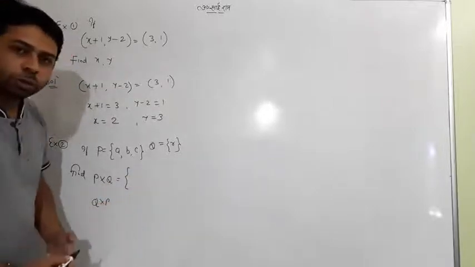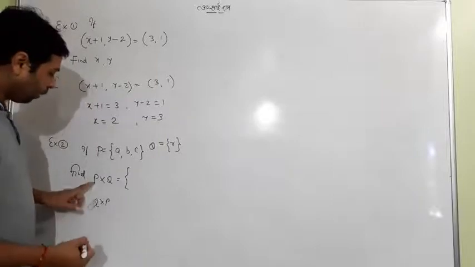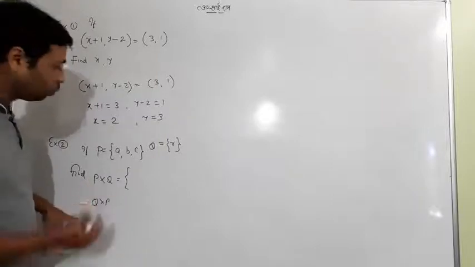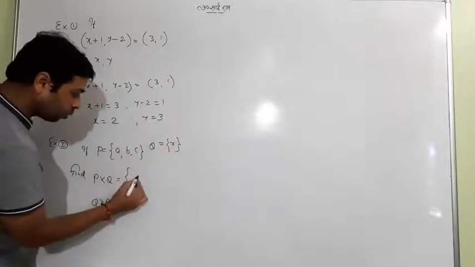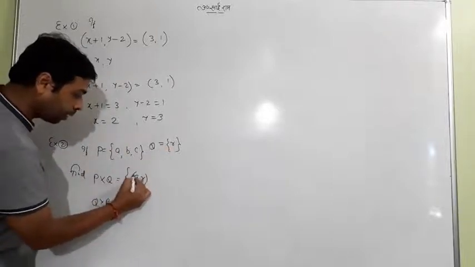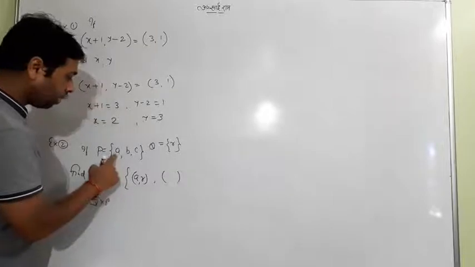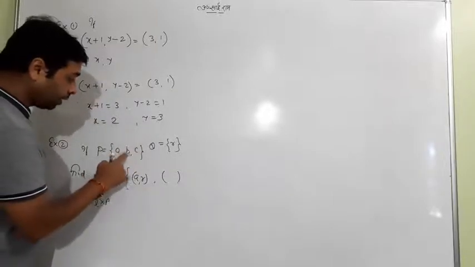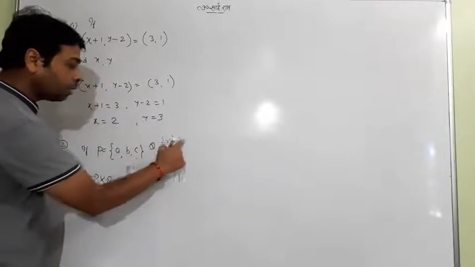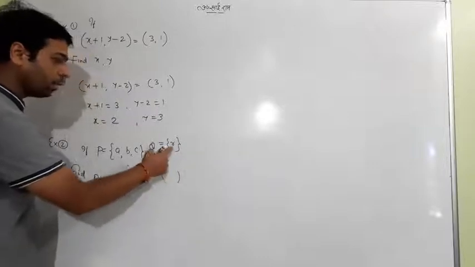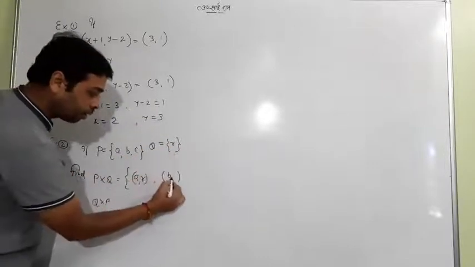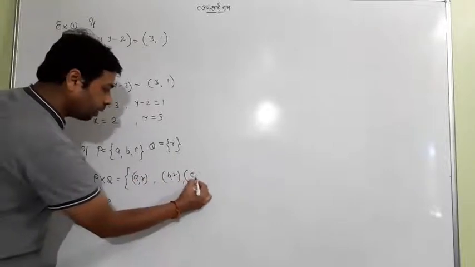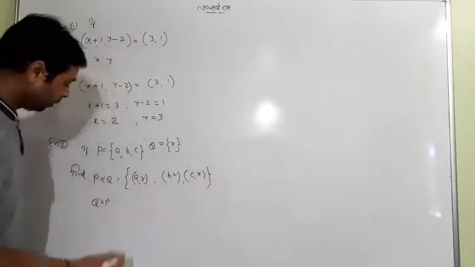I have taught you the Cartesian product. The first element should be from P and the second element should be from Q. So write it: first element A and R, so write A comma R. Now A is completed, then B, because Q does not have more than one element, one element will come along with each, so B and R, and third will be C and R. Nothing new I have told.